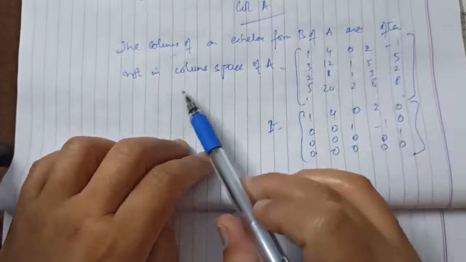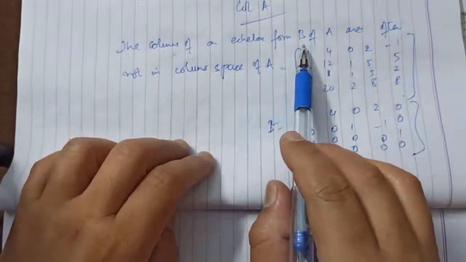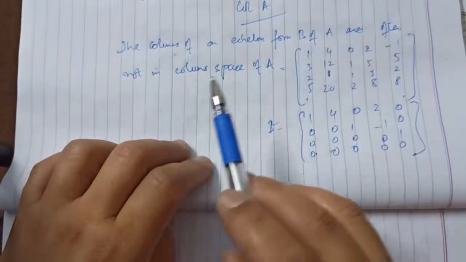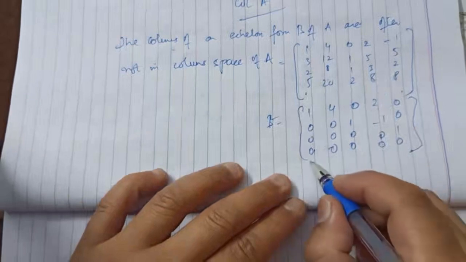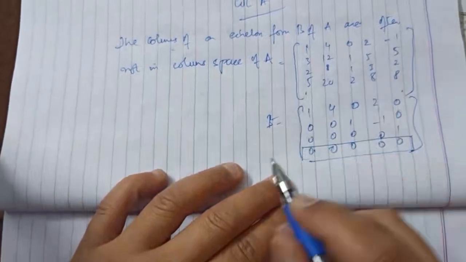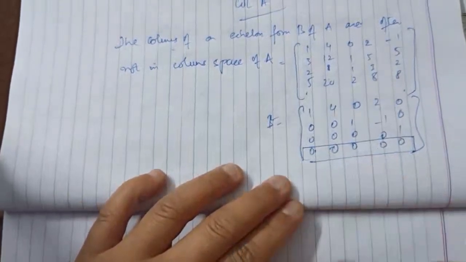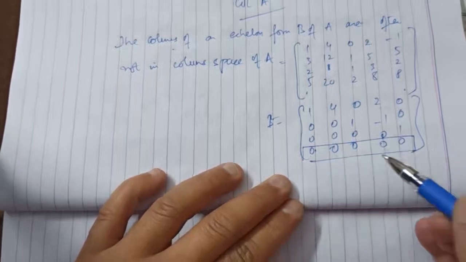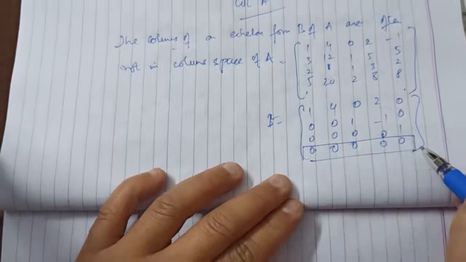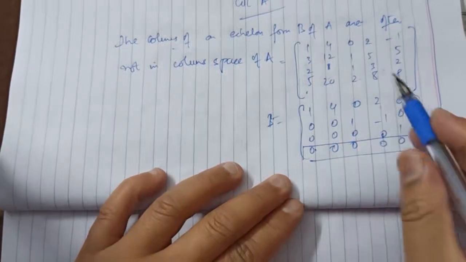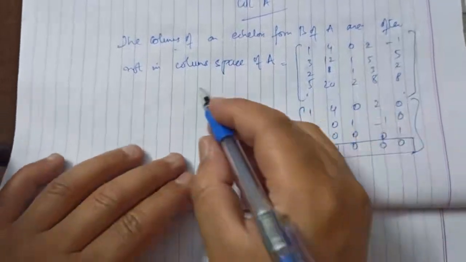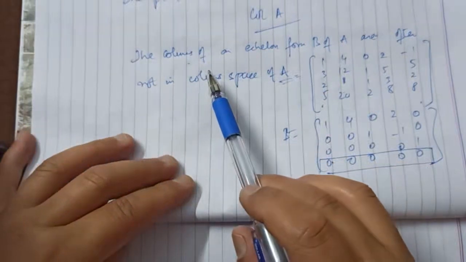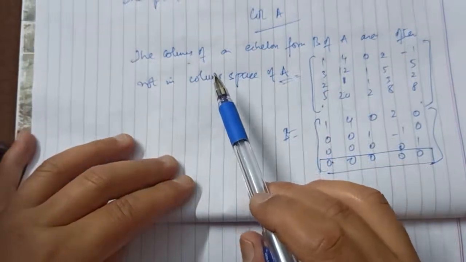So the columns of an echelon form B of A are often not in the column space of A. We can see here, because if you take these zeros, they are all zeros in the last entries, and they cannot span the column space of A. So we have to be really careful in using the pivot columns of A